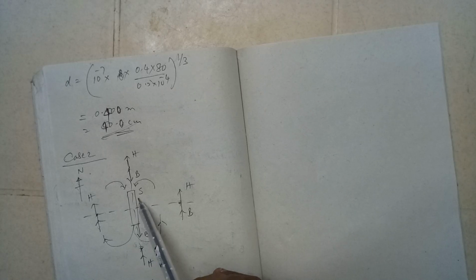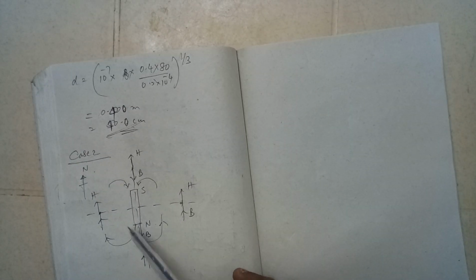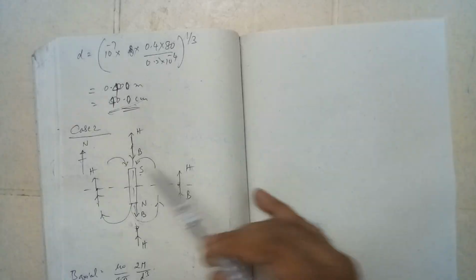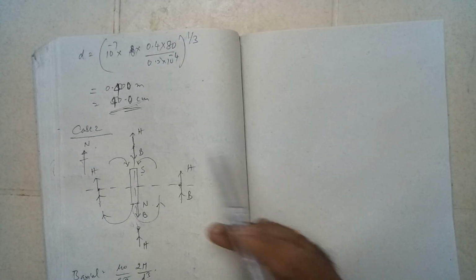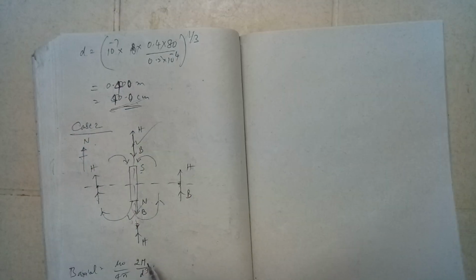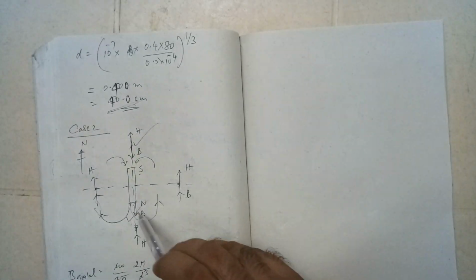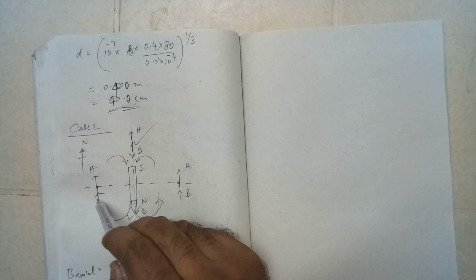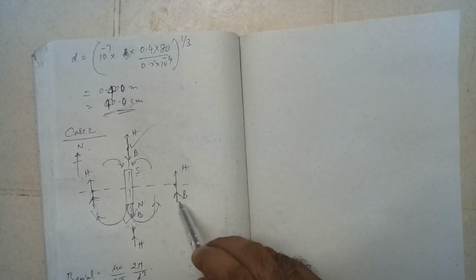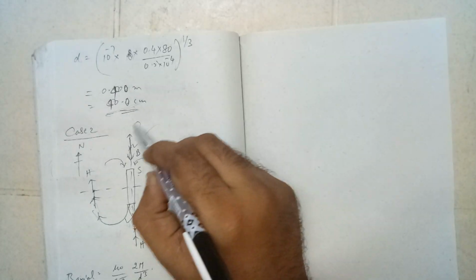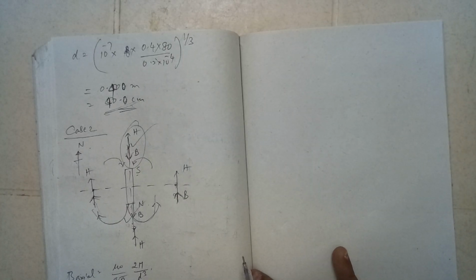So I'll take case 2. Case 2, along with the geographic north, the orientation is reversed now. The magnetic south is in the geographic north direction. Here also we'll take the 4 points, but here the neutral points are obtained here and here, because if you draw the lines, you see here at this location the magnetic lines are going like this. At this location the direction of B will be in the upward direction only, but here it will be downward. Okay, so this H and B can be balanced over.